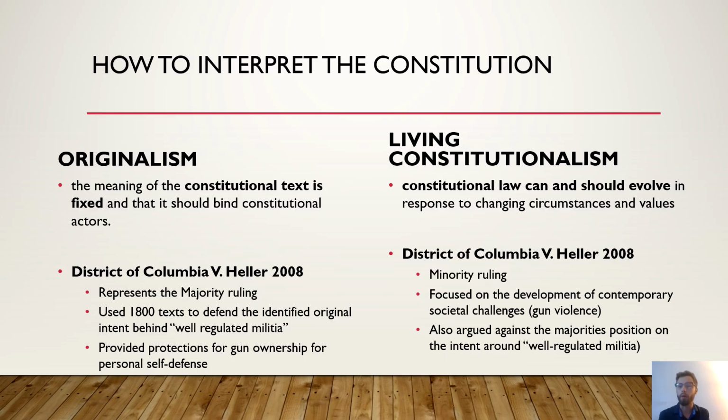A living constitutionalist, on the other hand, views the Constitution as a guiding document, but one that must evolve with each new threat. It evolves in response to changing circumstances and values. Now, a living constitutionalist, with that past example, would say, yes, we do have an amendment that says no cruel and unusual punishment, but we understand that cruel or unusual punishment is morally atrocious. And our Constitution, although it used the word "and," most likely intended or allows for us to use the word "or" in interpreting it.